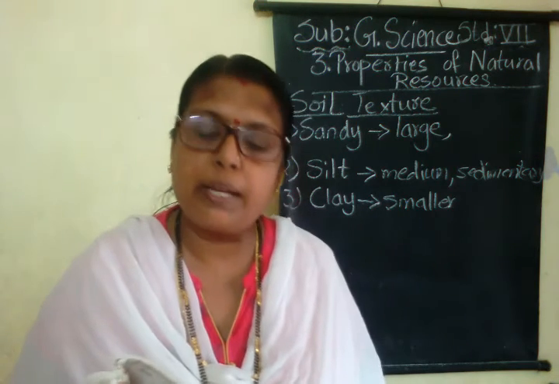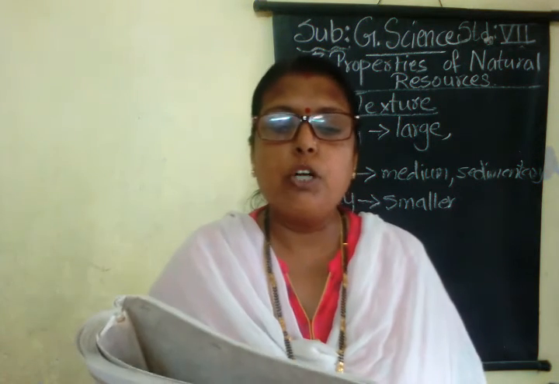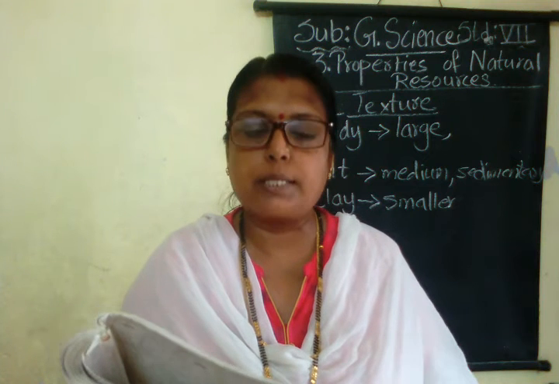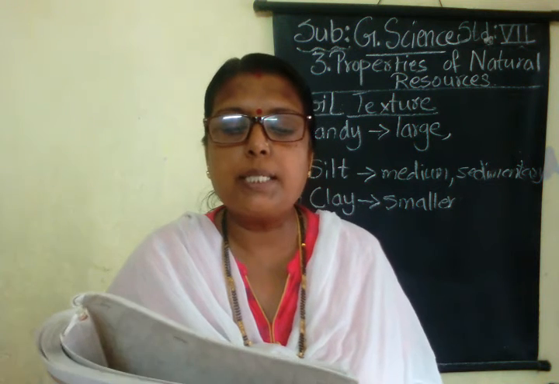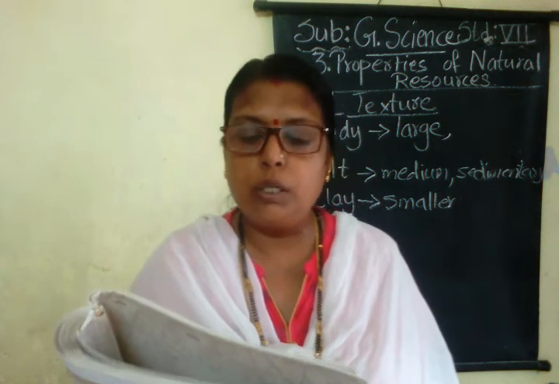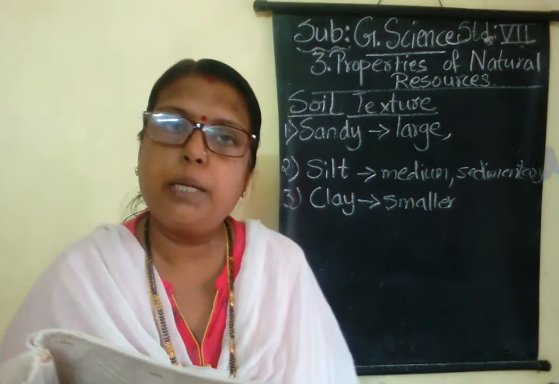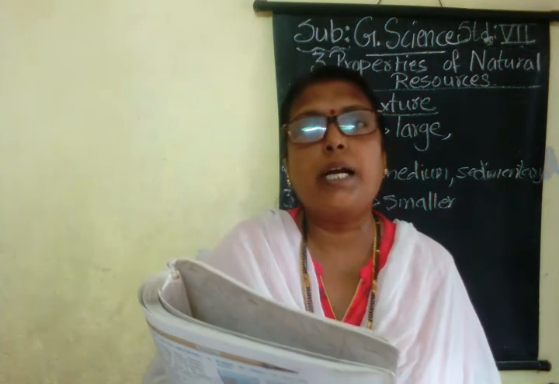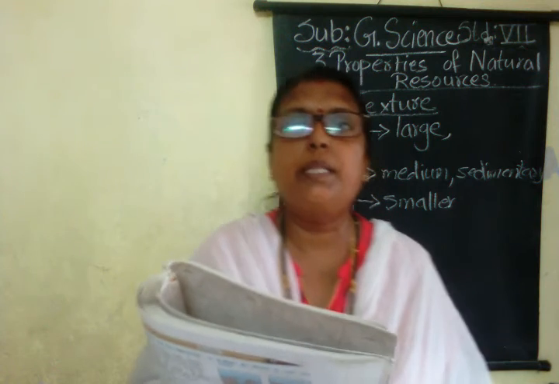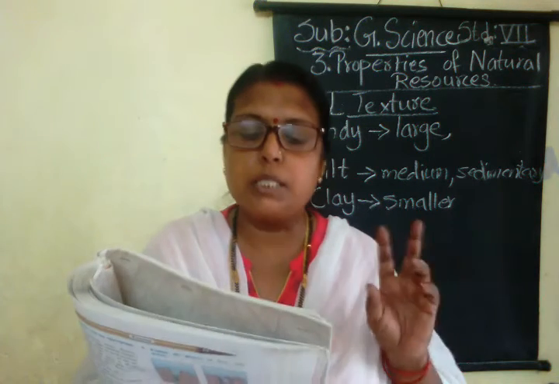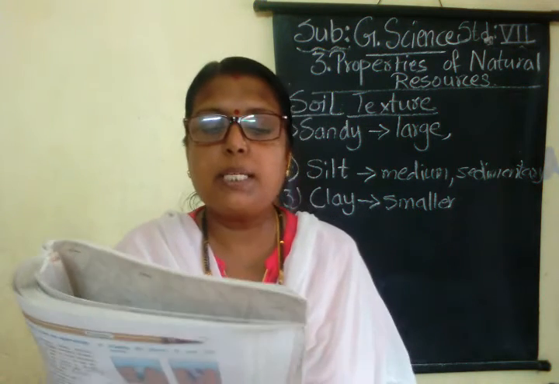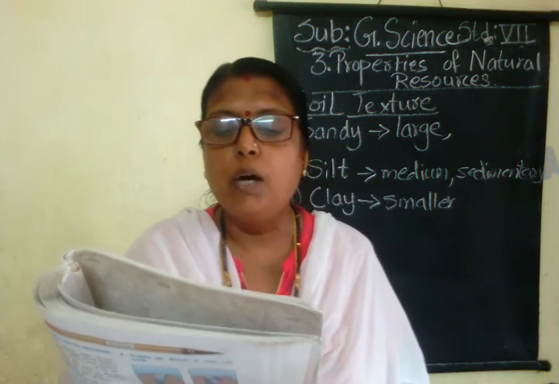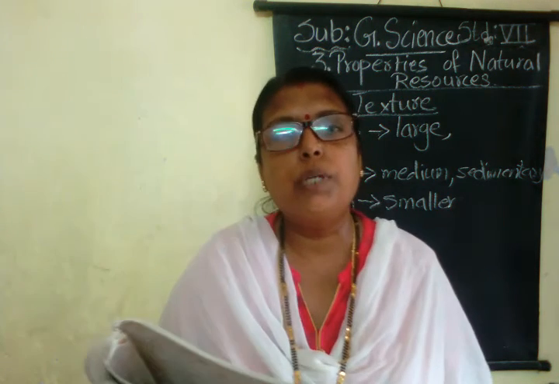In the field of agriculture. The proportion of various ingredients of soil can be determined by soil testing. During soil testing, the soil is examined for color, texture and proportion of organic matter in it. Means when soil testing is done, its color, its texture and how many nutrients are present in this soil, everything is calculated. Soil is tested to find out if there is deficiency of any ingredients and decide what measure should be taken to remove the deficiency.